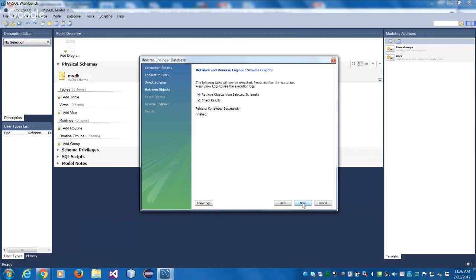It will say, okay, I have retrieved the objects from your schema and I've checked the results. Everything looks okay. Check means everything is okay. And then it will tell you that I have found 4 total objects. Remember we had 4 tables? So it says I have found 4 tables. There could be views, there could be stored procedures, there could be much more. We are only working with tables. And I'll say, okay, execute it. Create a diagram for me. And